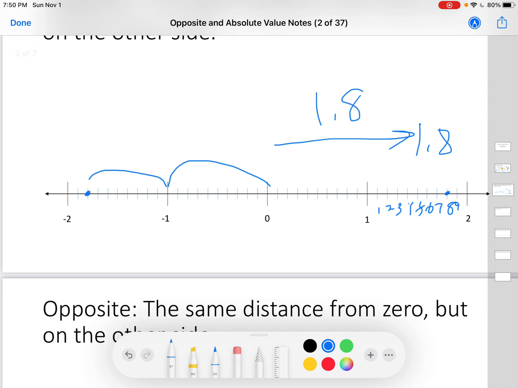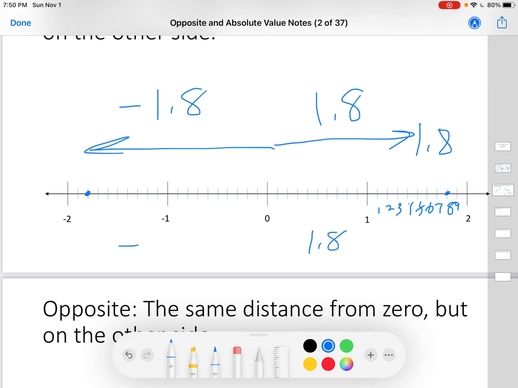Well, I didn't go to the right, I went to the left. So therefore that value is negative 1.8. So this is positive 1.8 and negative 1.8, and they are opposites